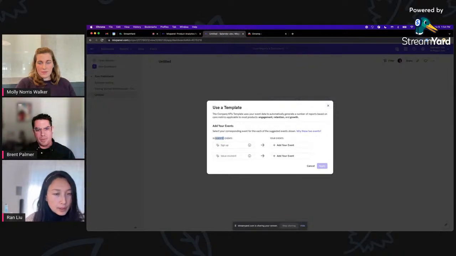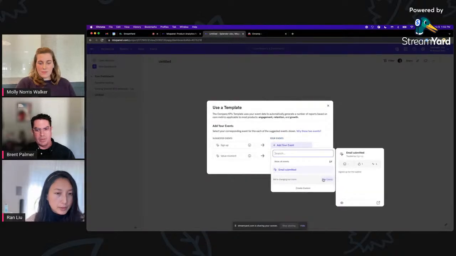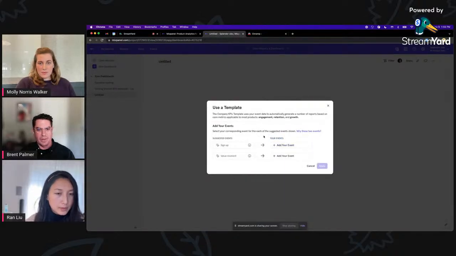I think a couple of hypotheses here for us is what would happen if we really did get savvy about suggesting events, and what would it mean to actually get into custom events from here. I think primarily we can start being more intelligent perhaps about what we suggest here, and then maybe it doesn't live in a modal.